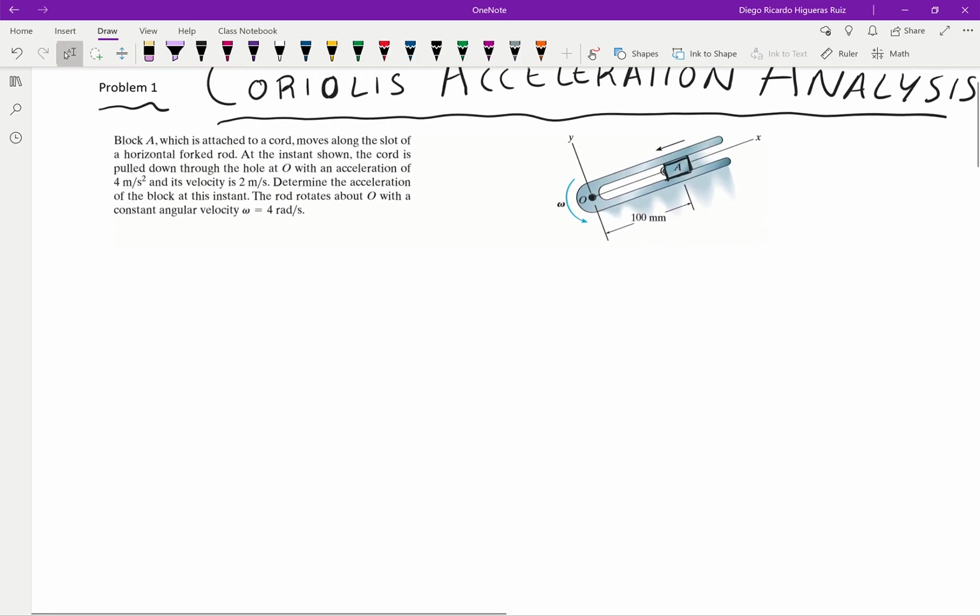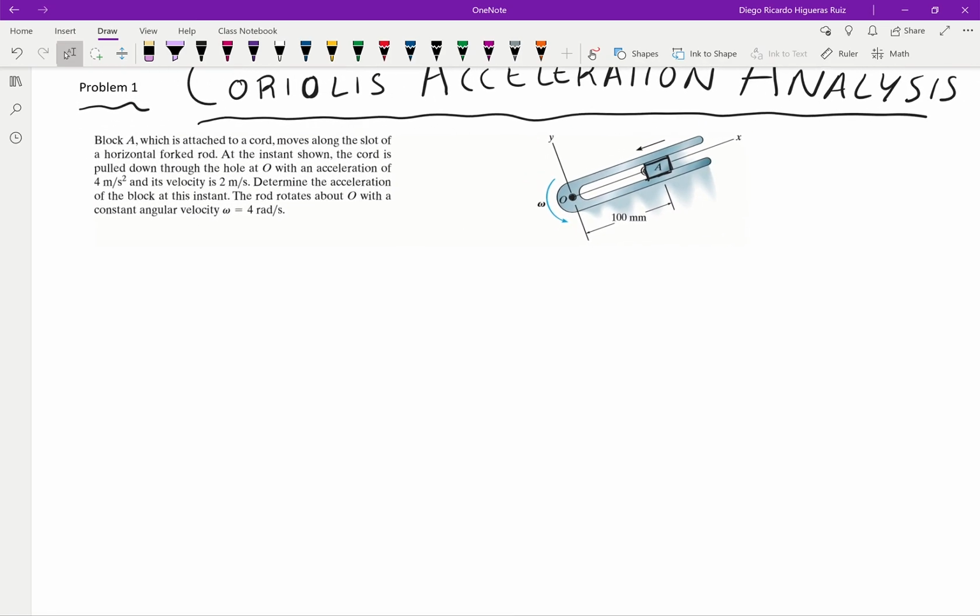So we need to calculate the acceleration of point A, so basically the acceleration of the rod. All right, so we need to find the acceleration A,